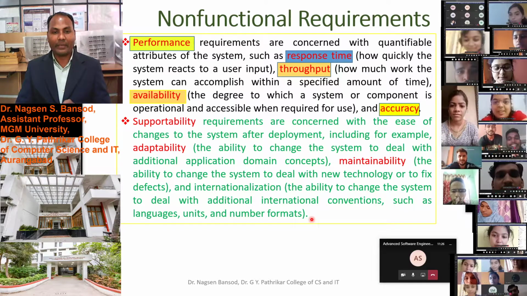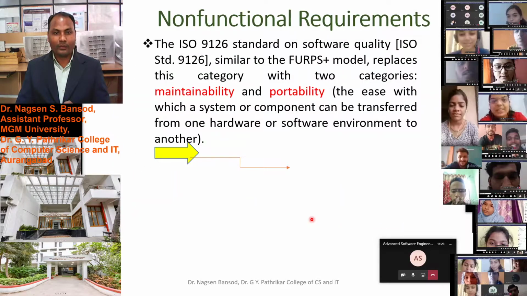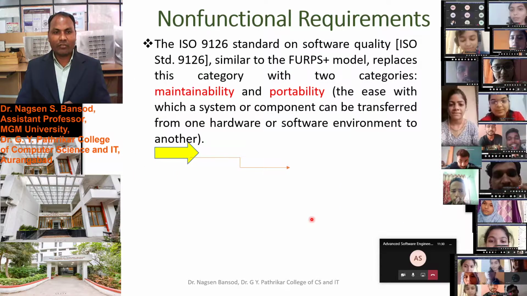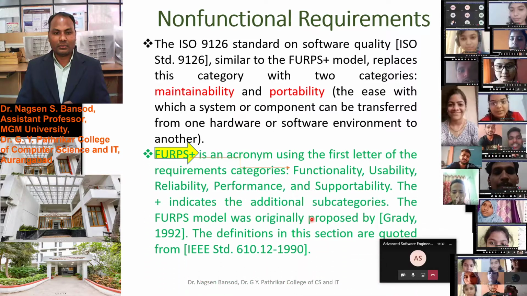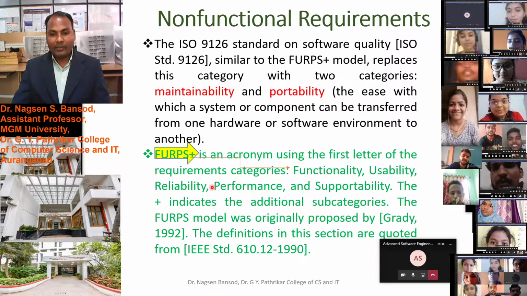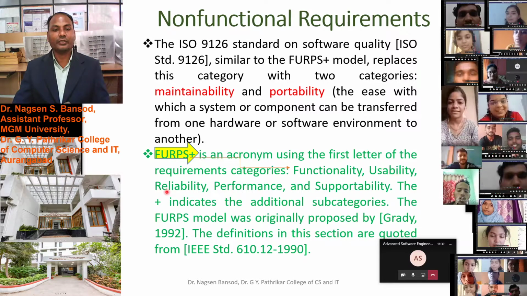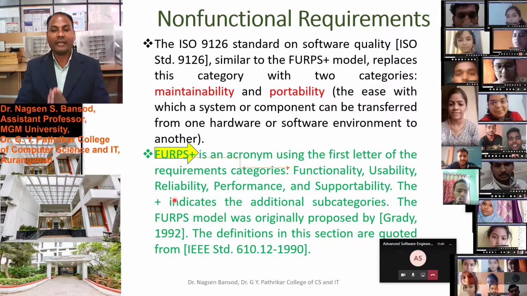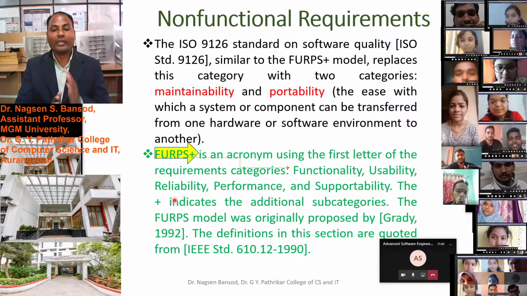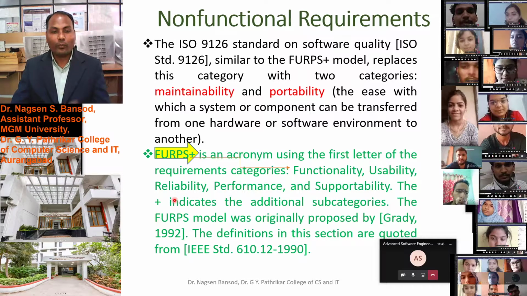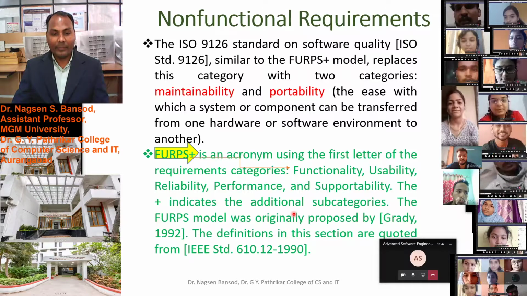There may be a question: FURPS means functionality, usability, reliability, performance and supportability, which are the components of non-functional requirements.